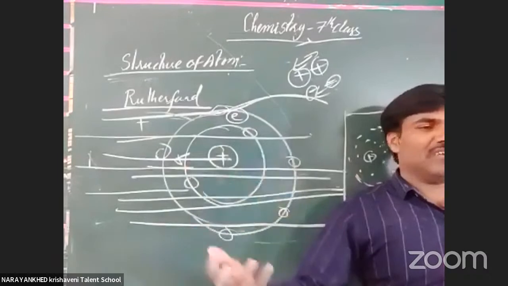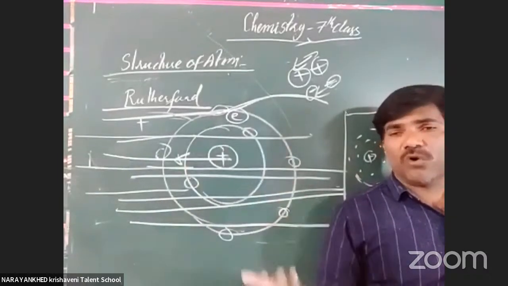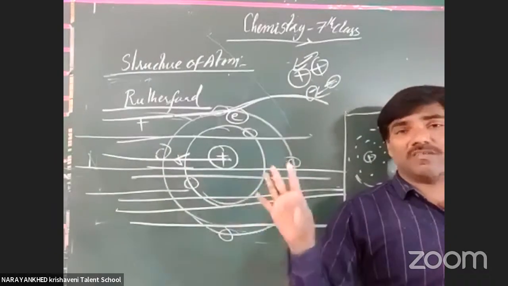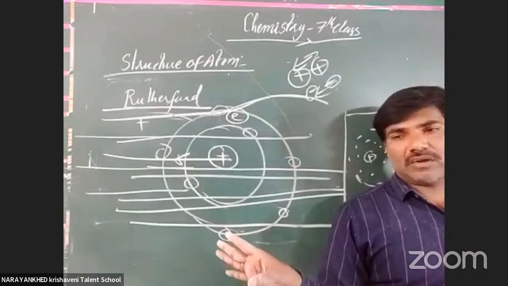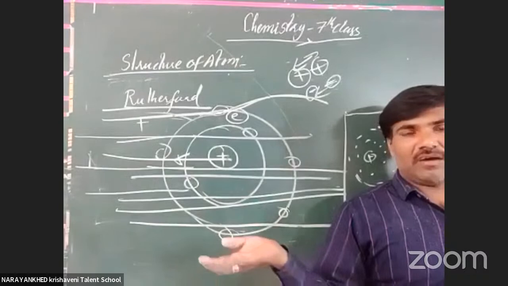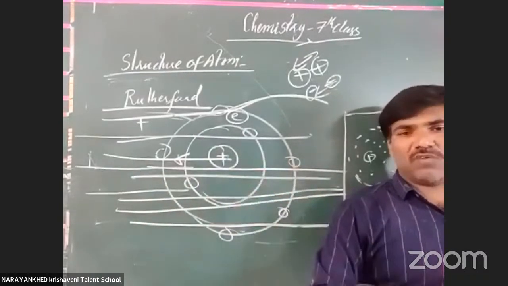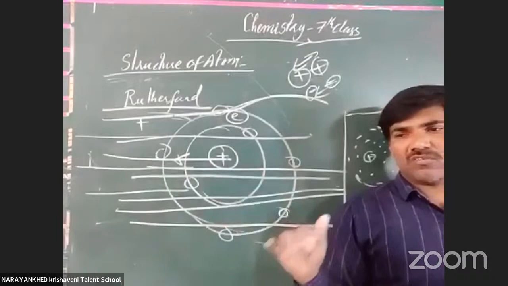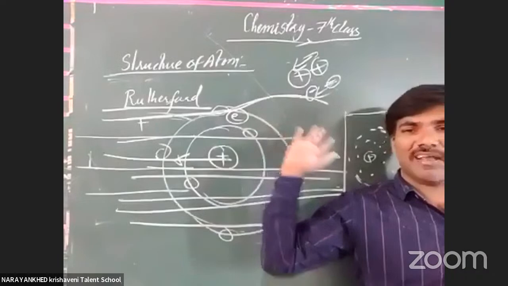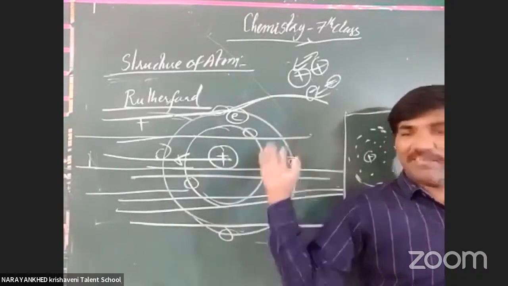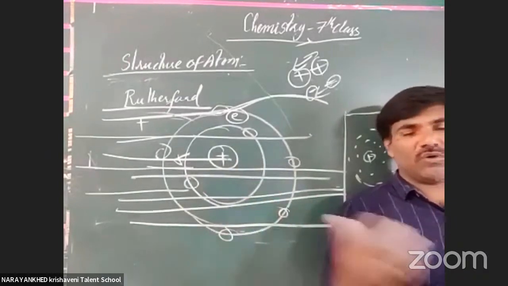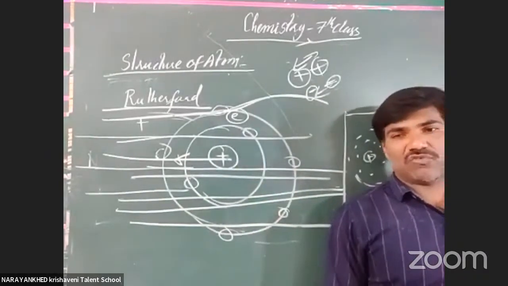That is why one more scientist came. The name of the scientist is Bohr. Bohr proposed one model, and that model is 95% correct. Got it? About that model and also about the structure of the atom, and that structure of the atom supported by some other theories, we will discuss tomorrow. You have already completed the theories on atomic structure in 6th class of IIT Foundation. These things are all completed in 6th class only. I have just given an introduction for you. Tomorrow or the day after tomorrow, we will enter into our text. Okay, thank you.